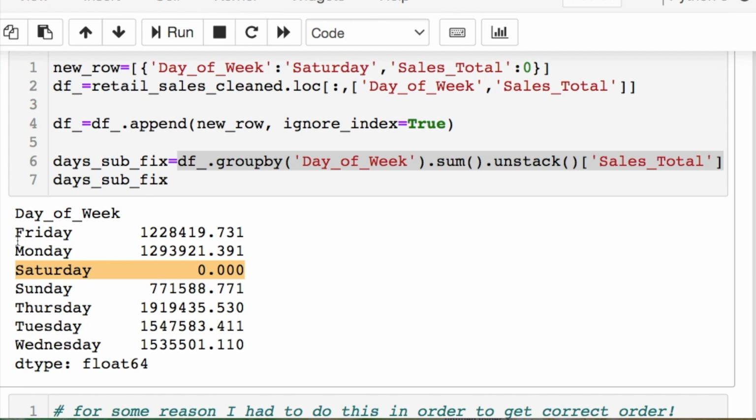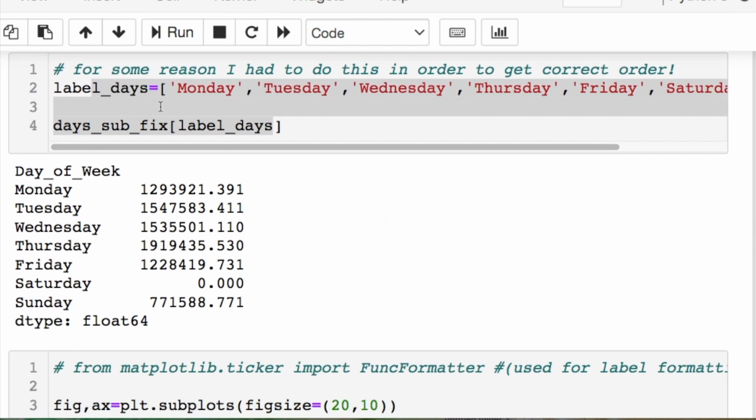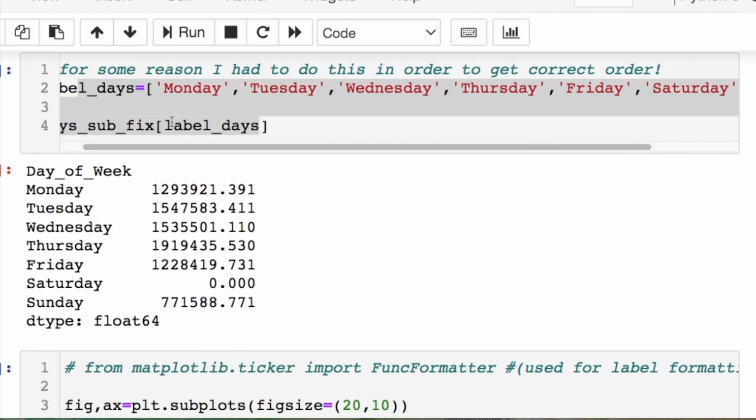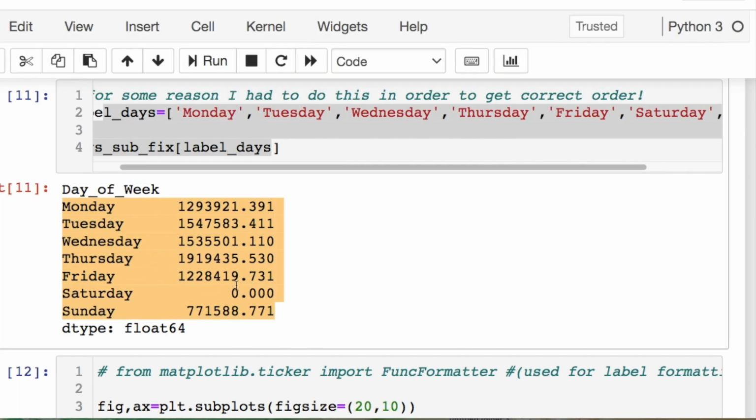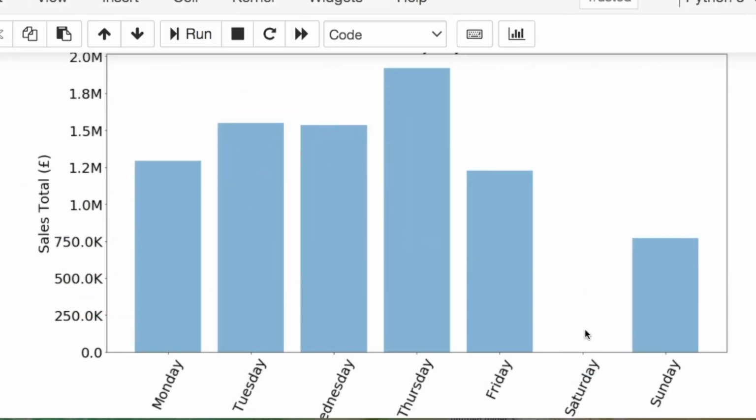You'll put your labels and it'll say Monday through Friday in the correct order, but your plotting numbers here are in the incorrect order. That's why I did this line again here to subset everything in the correct order, so when I plot it, it lines up correctly. That's why now this lines up correctly. Now we're good to move on to our time series stuff.